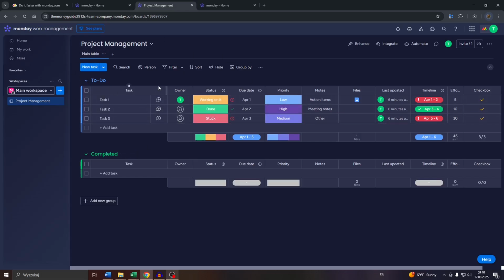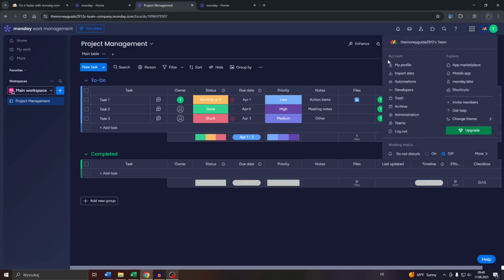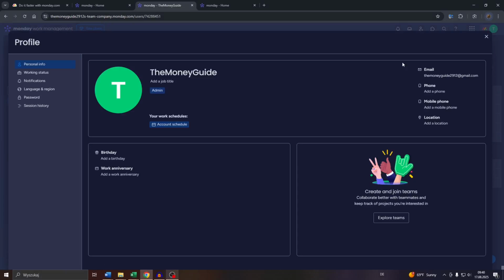Head over to monday.com, log into your account, and what you want to do is click onto your profile icon in the top right corner. After that, select my profile here under account. And last but not least, simply switch from personal info here on the left panel to work status below